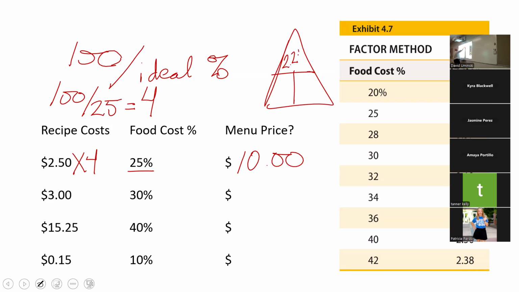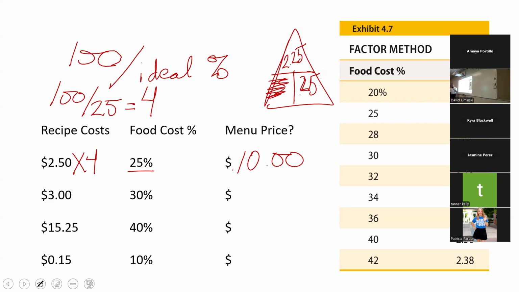225, 25%, and then my selling price. And if I did that math, I would still get $10. But which one is easier to do in your head? A triangle or 250 times 4? But just 250 times 4 though. You did the 100 divided by 25, and that's 4, right? And so that stuff you can kind of just do in your head as you go.